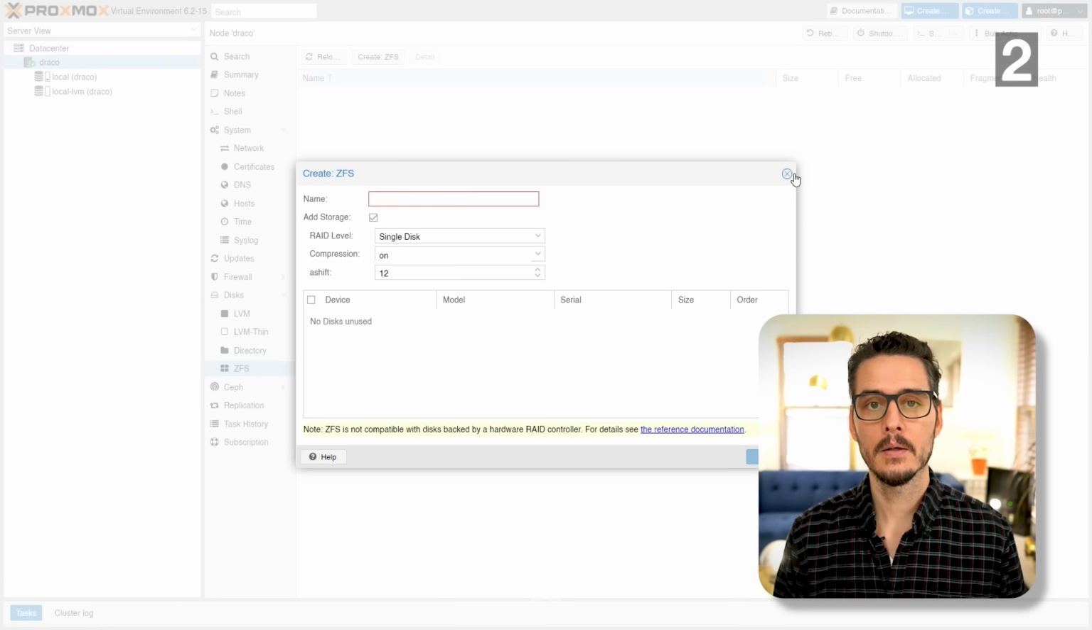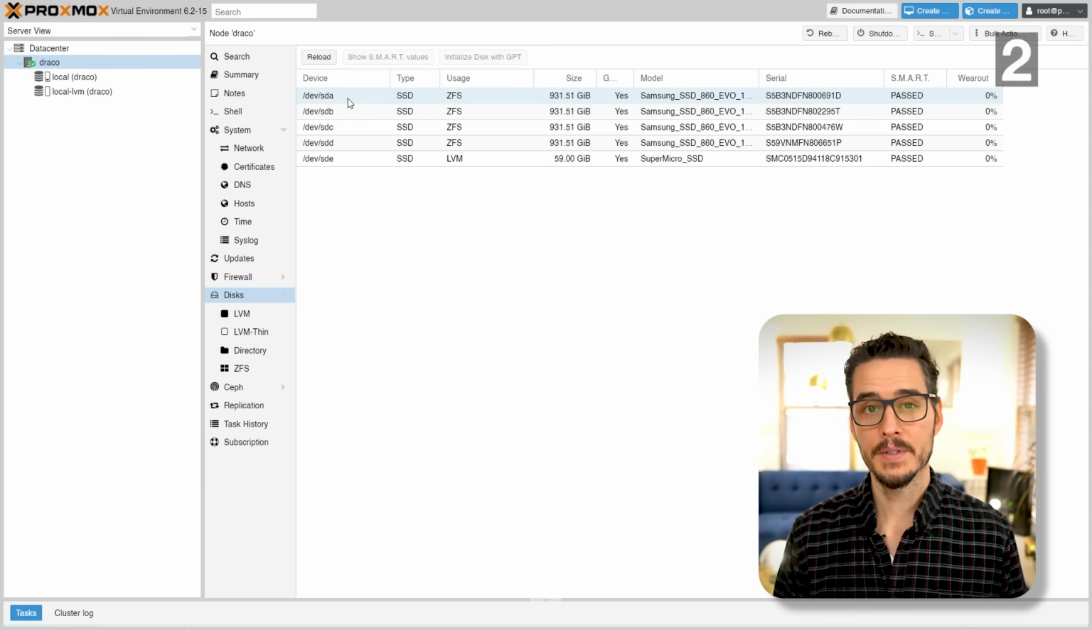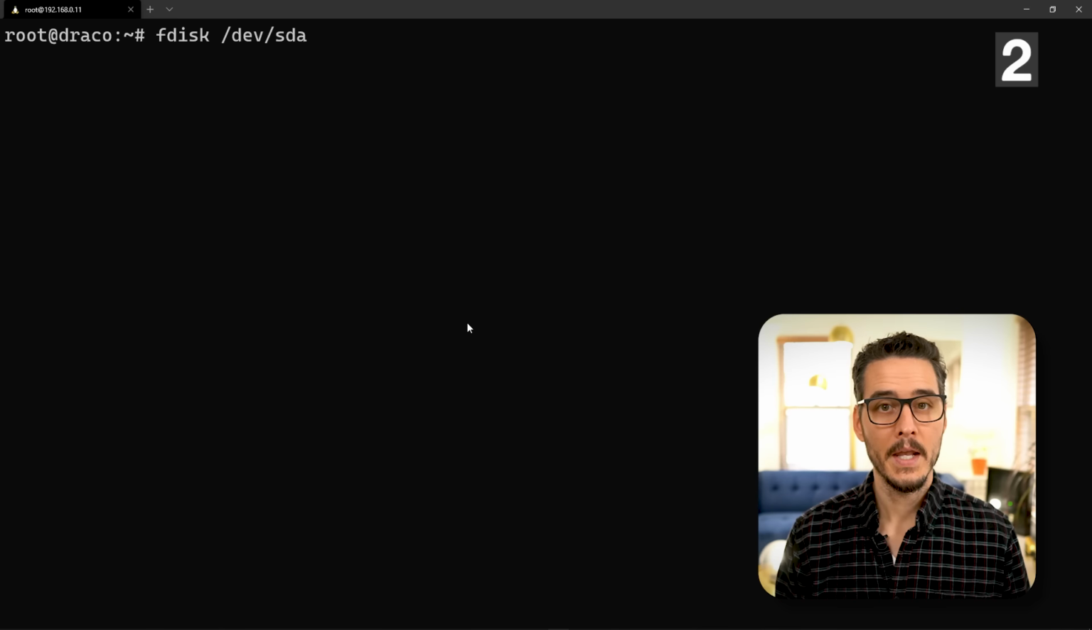So let's close out of here, and we'll go back into Disks, and we'll take note of the device names. I have 4 devices I want to clear out. That's SDA, SDB, SDC, and SDD. So let's SSH back into our server, and I'll run